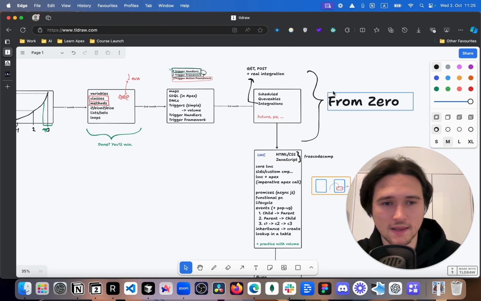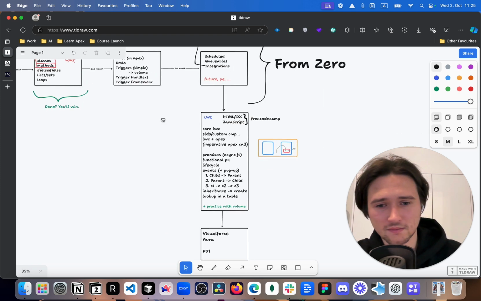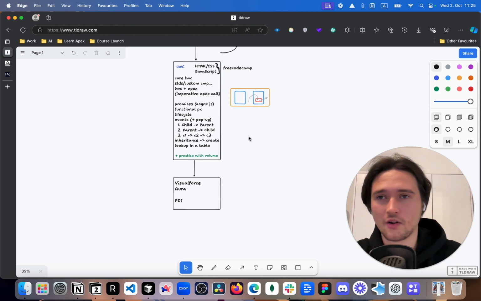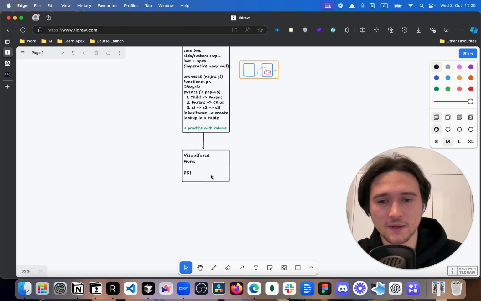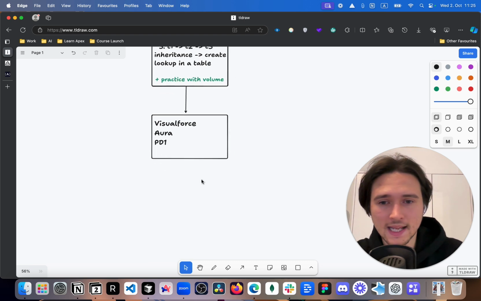I showed you the main thing, how to go from zero to writing integrations in 12 weeks. Now I'm showing you the stuff that you can do to learn every single part of Salesforce development, okay? So this is usually what we do: Visual Force, Aura, and PD1. Then the next topic